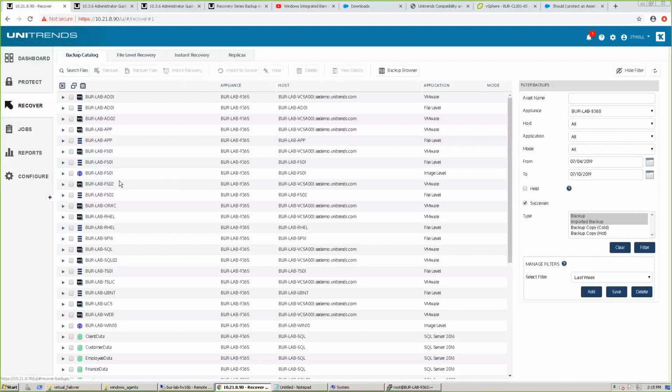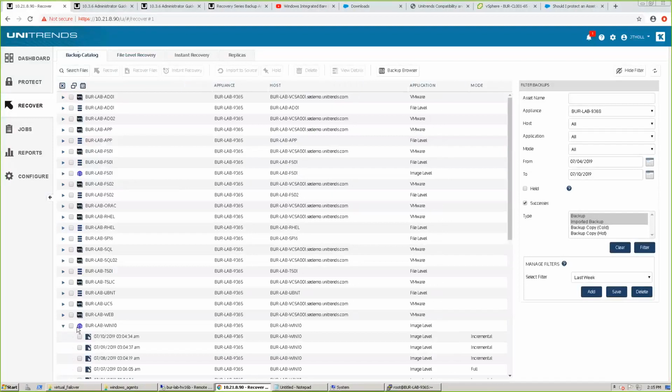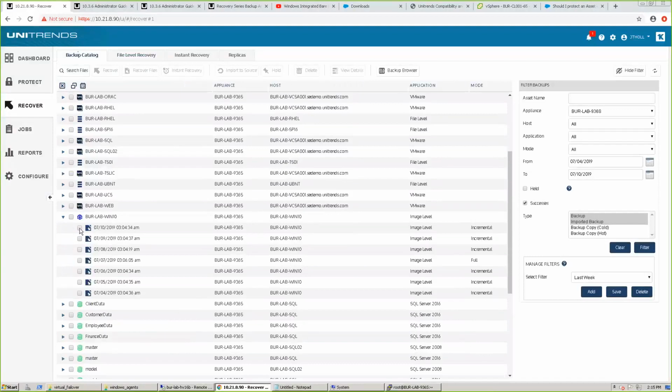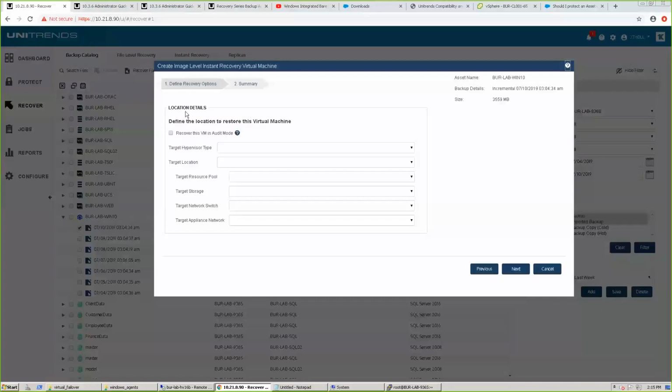So last, of course, is going to be the instant recovery feature. And again, this works for either the VM level or for if we were doing an image level backup, which you can see is noted by this icon here. This particular backup was from a Windows 10 machine, and I can do an instant recovery of this directly into my VM environment without ever having to do any kind of conversion from it, even though it was a physical server to begin with. What we would do is we would choose where we wanted this to be hosted, and if you are running one of our physical Unitrends appliances, you can run these image level backups on your Unitrends appliance as well. But in most cases, customers are going to choose to put this back to their VM environment